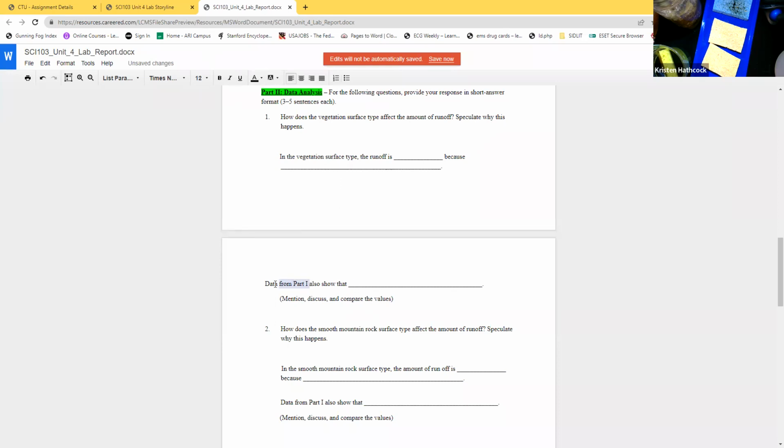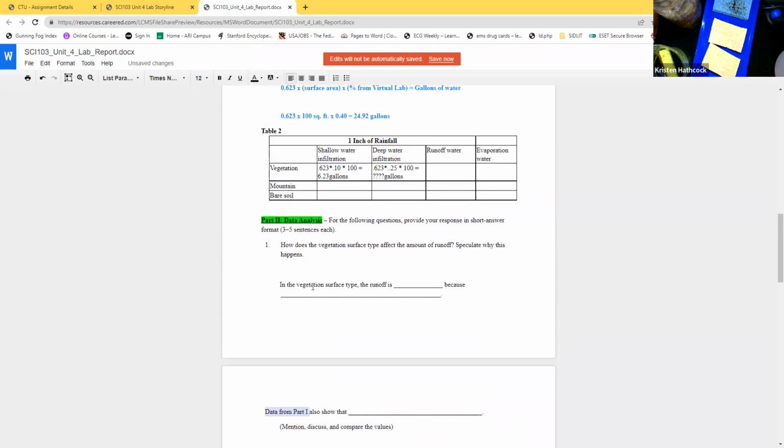And see how it says using data from part 1? Do a comparison. Look at how many gallons you have. If you're comparing vegetation and you want to compare it to mountain soil, look at how many gallons you get. So there's only 10%